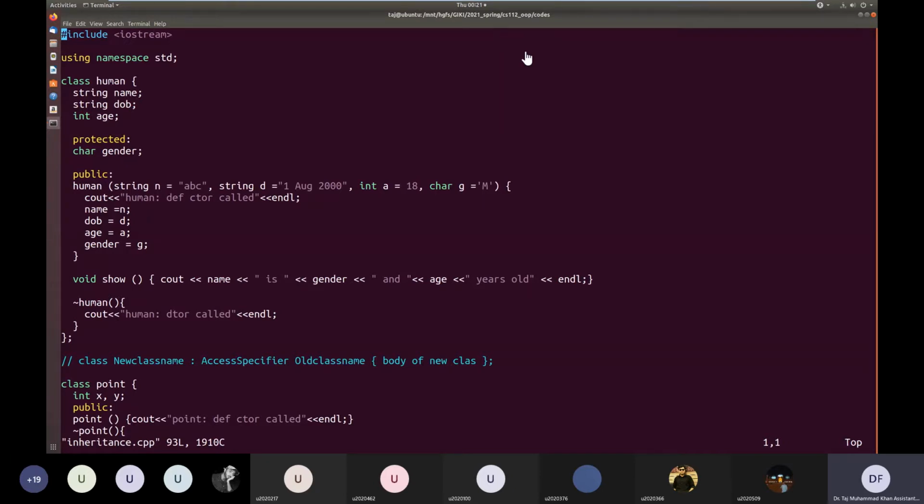And since Dean is inheriting from both teacher and administrator, it is inheriting all the data of teacher and administrator. And since teacher contained the data of human, Dean also inherited the data of human, as well as teacher and administrator.